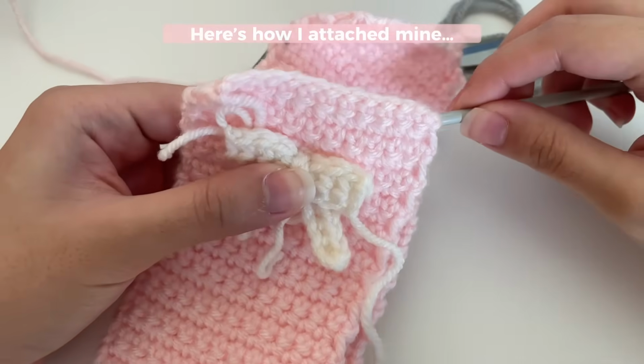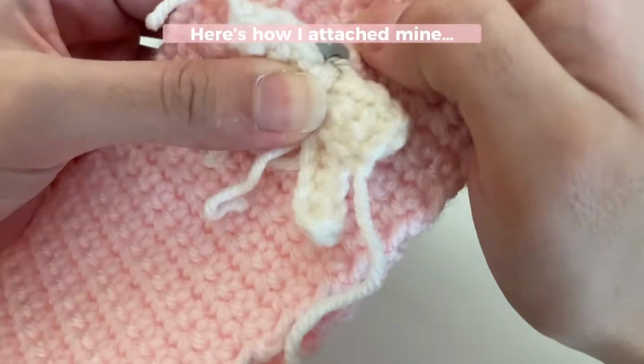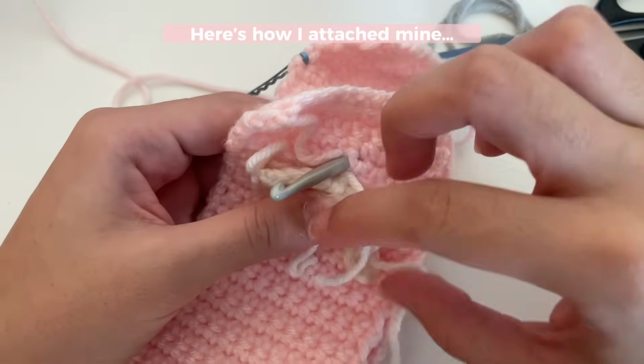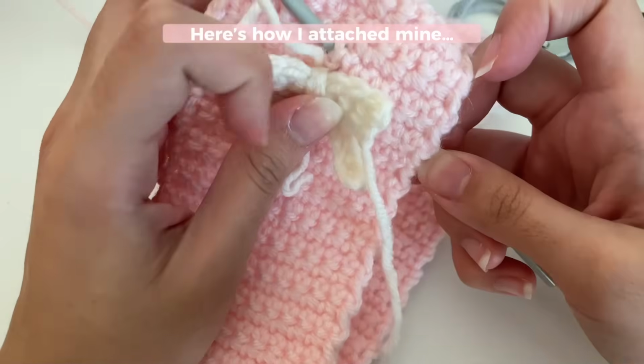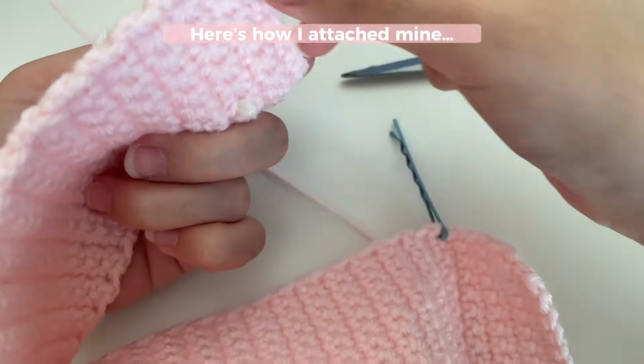I'm going to insert my hook through any stitch that I see that is close to where I want my bow to be attached. So I like this one over here. I'm just going to insert it. And now I'm going to grab onto the ends that I have over here. And I'm going to pull this end through. I'm just going to grab onto this and pull it through that stitch. And